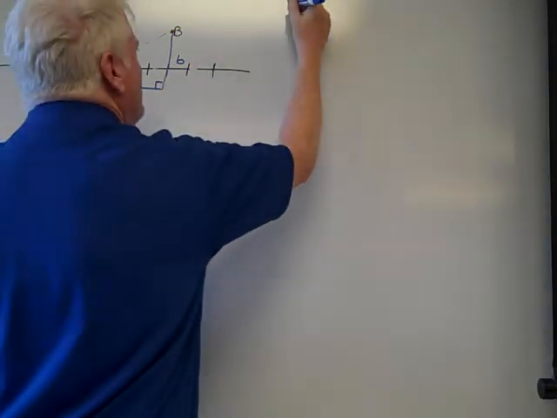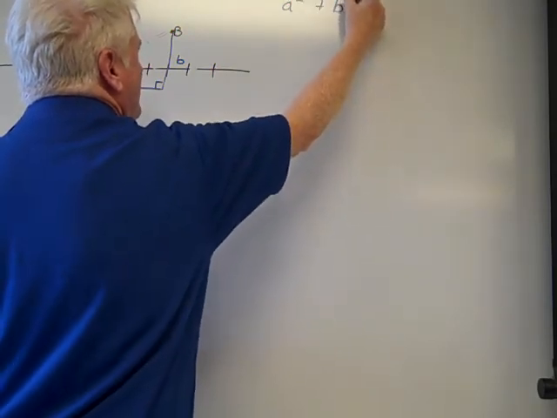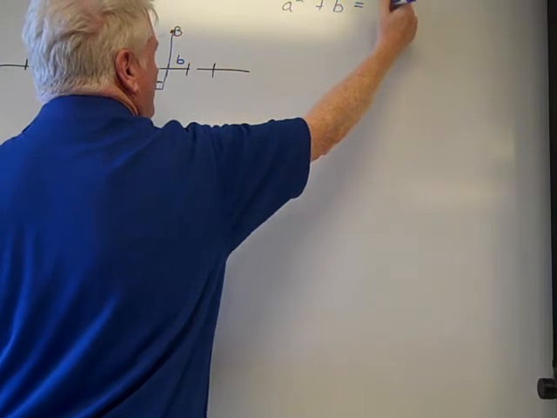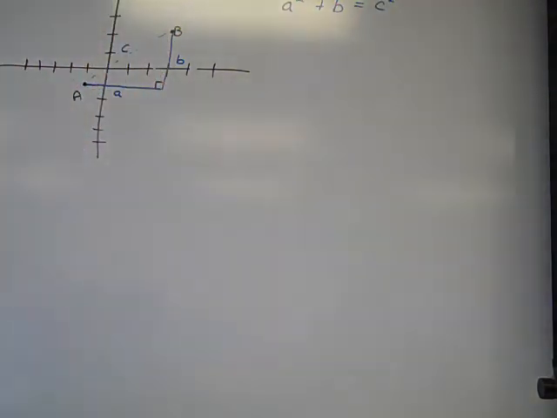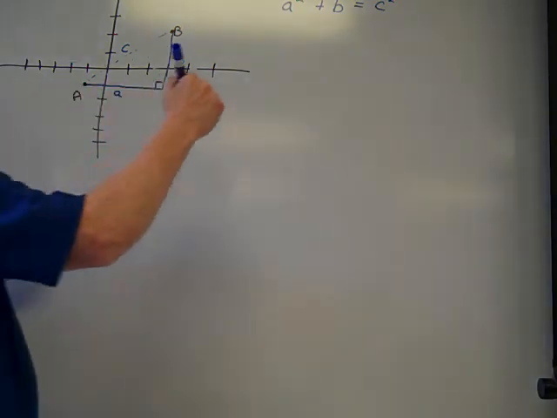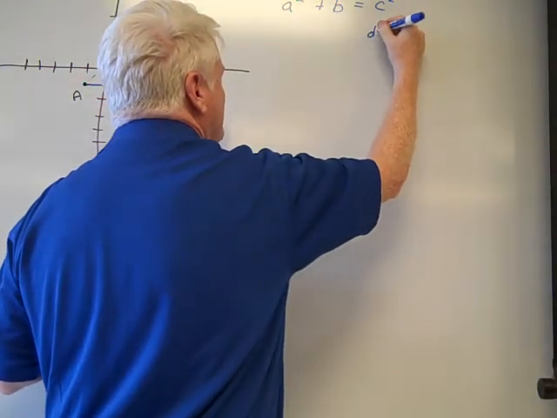Sure does. So it tells you that leg squared plus leg squared equals the length of the hypotenuse squared. Okay? Well, let's break it down. We realize that this length of this hypotenuse is the distance